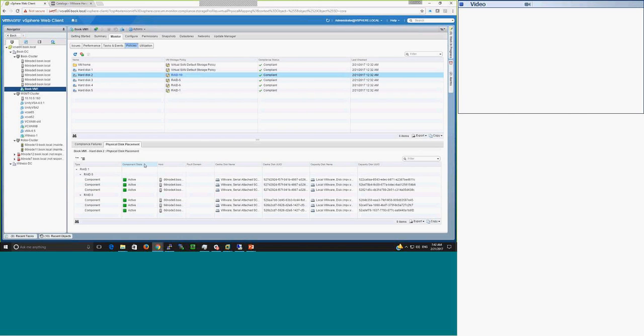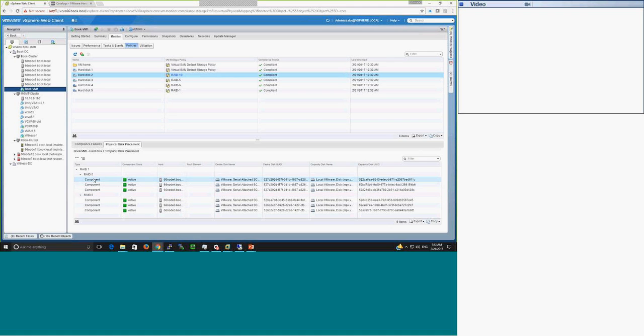For the RAID 10 virtual disk, there's a RAID 10 policy. At the bottom you would see the definition of these objects and components. You have the RAID 1 definition, which has two mirrors, this mirror and that mirror, each further subdivided into stripes. So this has three stripes in each, which in combination makes the RAID 10. When you see placement, you will see that